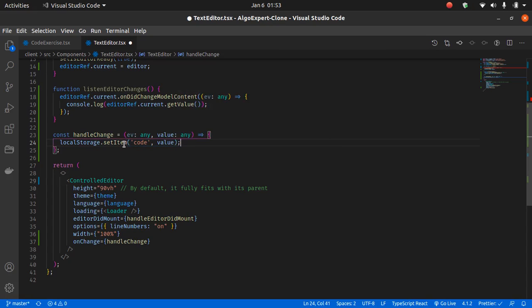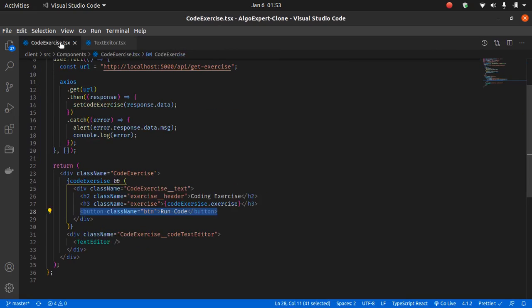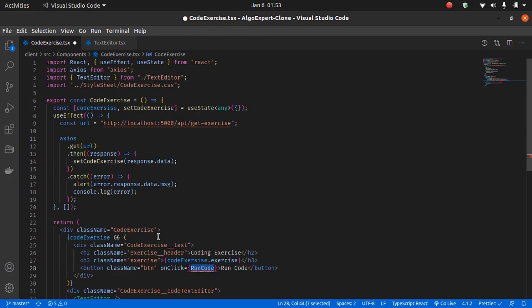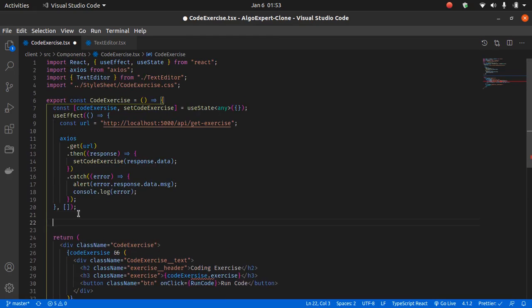So now let's save that, and now what we want to do is, when this button is clicked, so on click, I want to run code, right? So now what we do is